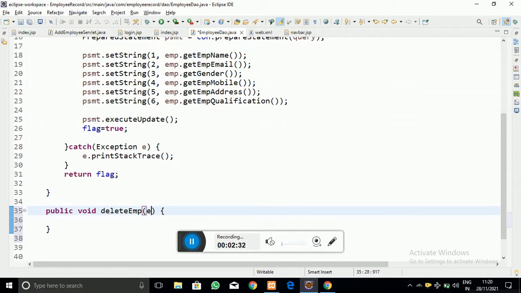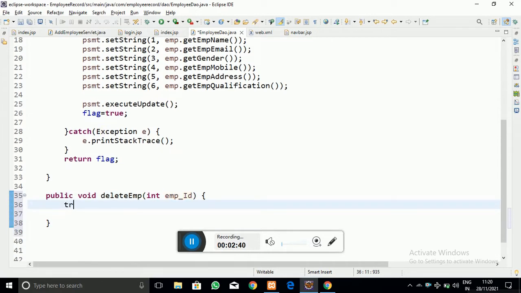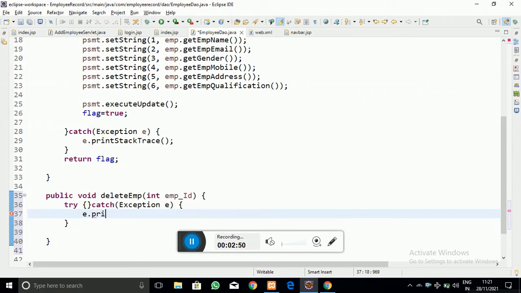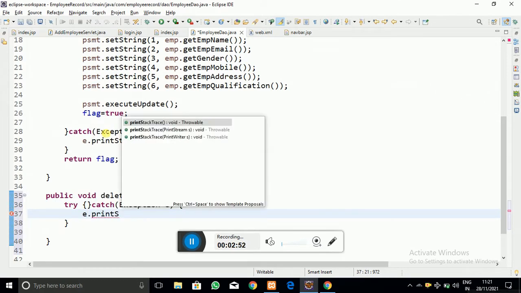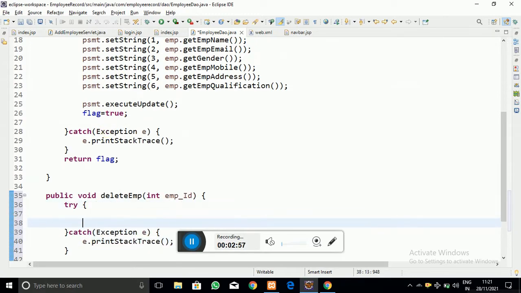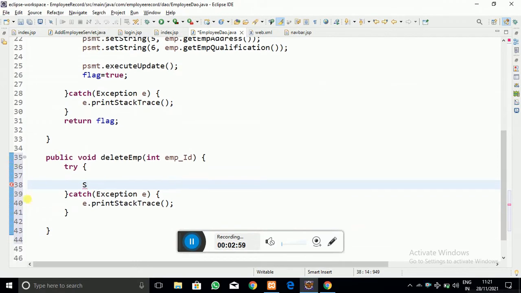So let me add the parameter as integer employee id, and that employee id is the id that we got from the index.jsp page. Here also an exception can occur, so I am going to write a try catch block with e.print stack trace, as we have done in all the tutorials.